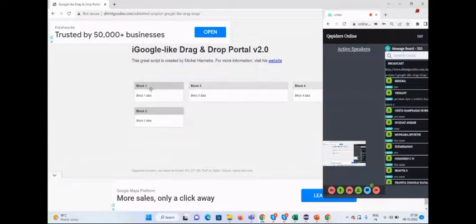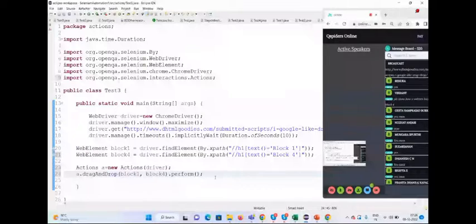Okay, this is dragging, this is dropping. So you want two addresses here. So drag it, drop it, and dot perform. Okay, now